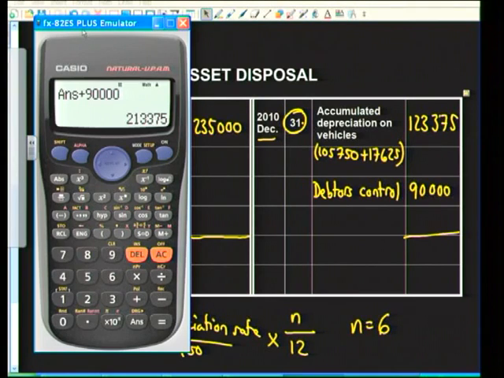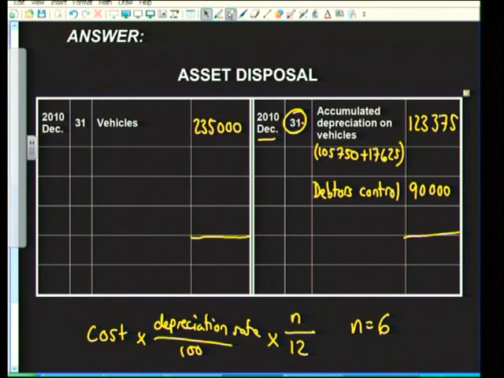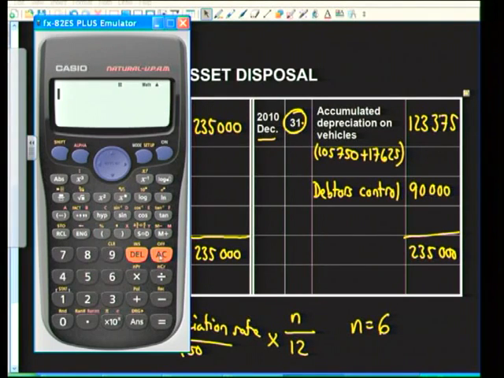What we need to do now is write the total of the left-hand side at the bottom. 235,000 Rand, 235,000 Rand. Now we need to put in the missing number that will balance this ledger account out. That's very easy to calculate, because all that we will do is take the 235,000, subtract the 123,375, and subtract the 90,000, and that gives me the balancing figure, which is 21,625. Let me write it in here,